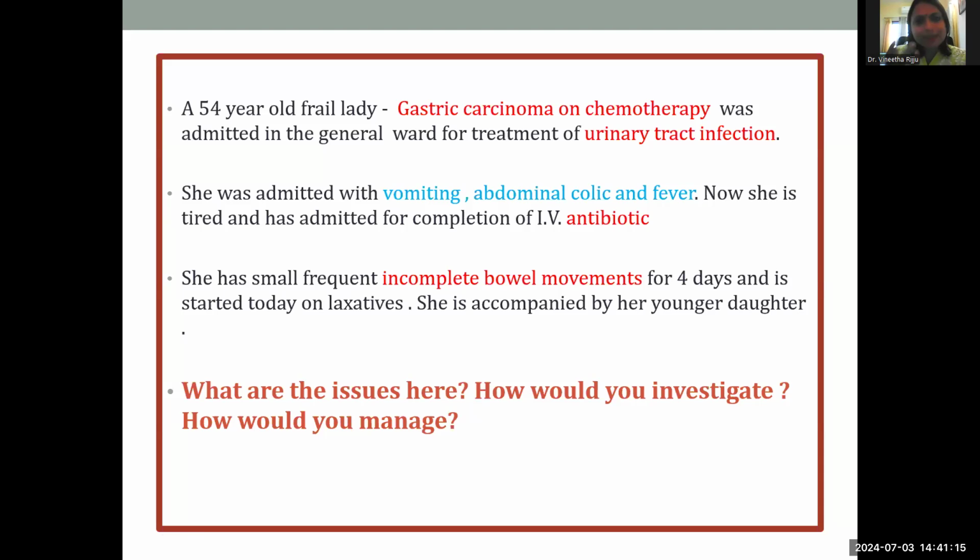Now, what is constipation actually, in simple terms? When your patient comes to you and tells you, doctor, I am constipated, or tells the sister in the ward, sister, I am constipated, what exactly is it that they mean, and what do you have to ask to know whether they are really constipated? Can we have the answers in the chat box, or would you like to say it aloud?